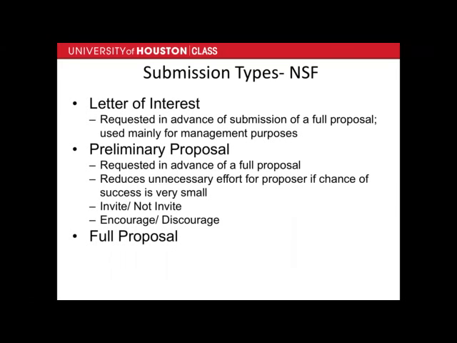So submission types with NSF. Basically, you have letter of interest. This is requested in advance of submission of a full proposal, and it's used mainly for management purposes so that they can gauge the level of interest in a particular program, and also so that they can gather the appropriate reviewers for the applications that are coming in. And so you also have a preliminary proposal, which is, again, requested in advance of a full proposal, but it's slightly different from a letter of interest